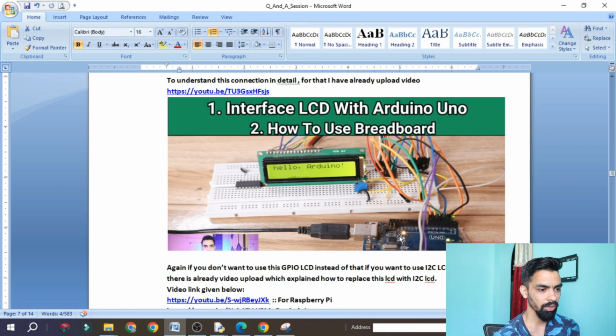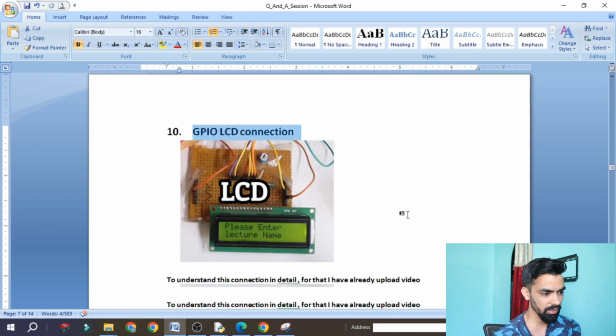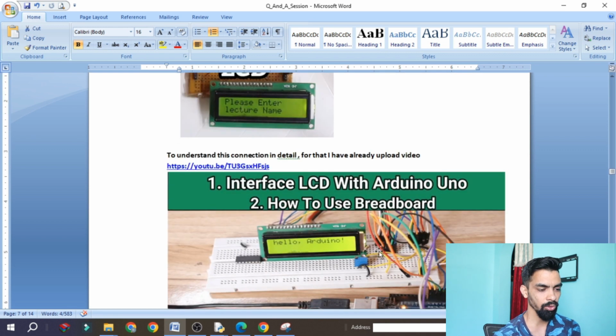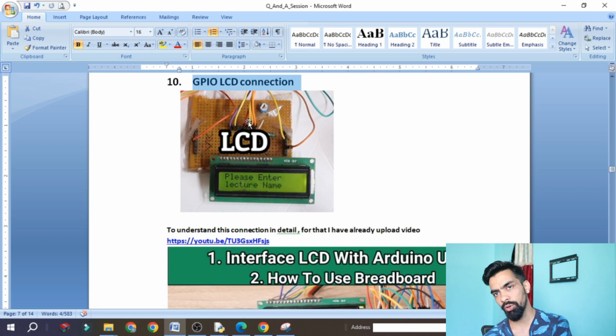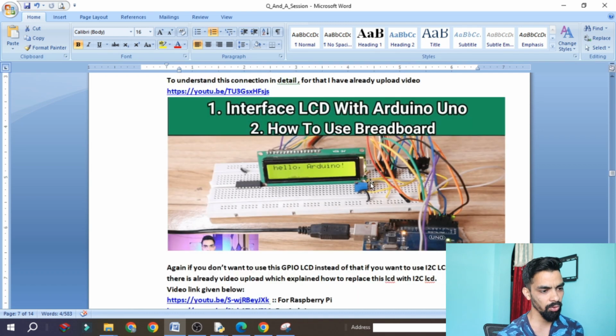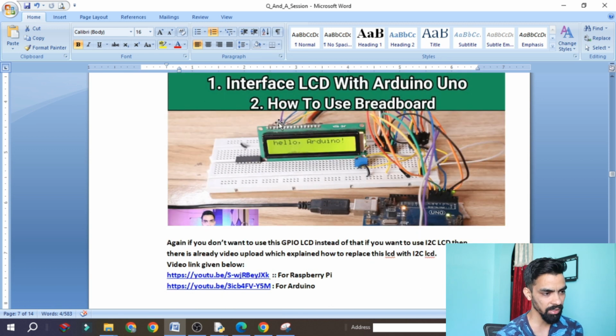If you follow that video, at the end I am taking these 4 pinouts, like this data pinout from that breadboard, and that data pin you can use with Arduino, you can use with Raspberry Pi, there is no issue. So please watch that video and try to understand the circuit. In that video there is one mistake I have made. I haven't told you to connect the RW pin to the ground. So while watching that video, please check your LCD RW pin, that is I think the 5th pin from the LCD, I think so.